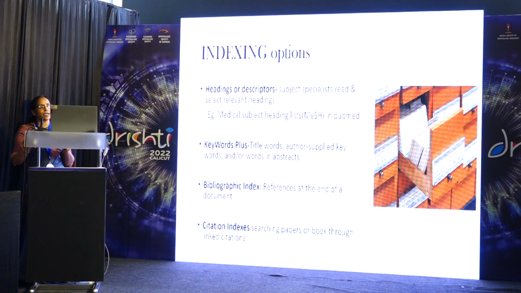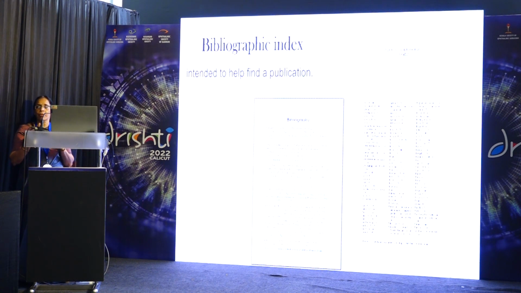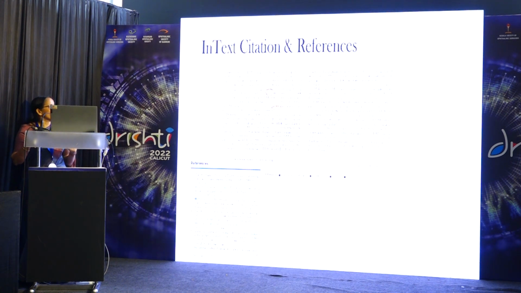Bibliographic indexing is based on the references, and what we are going to come to is the citation index. Now, what is a bibliographic index? You put the references in alphabetical order. So many references we have given in this manuscript. But to look for the author, which reference, that particular author is seen and pointed, where is it? Then you give that author also in alphabetical order and put a page number to it. So that becomes your index. This becomes your bibliography. In-text citations are also like that. You have a reference, they are put in order of appearance in the text, and you put numbers on the text. So that number becomes your citation in the text.